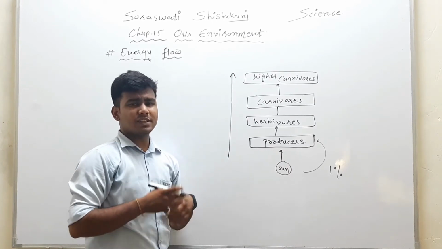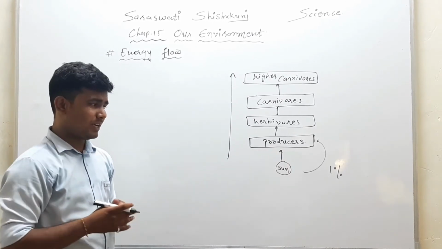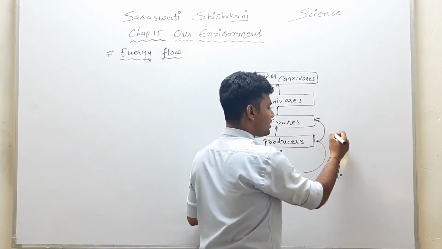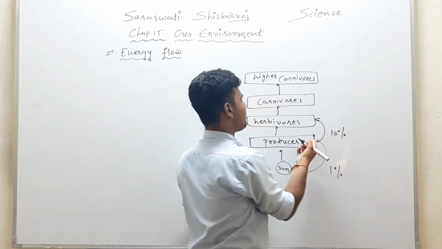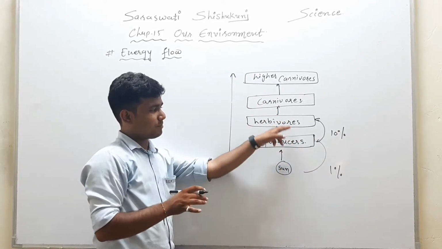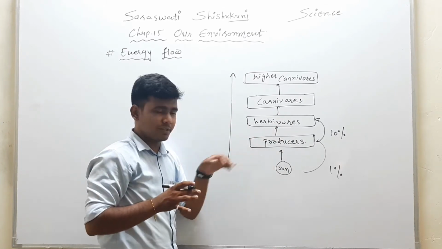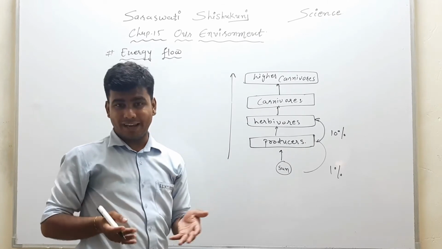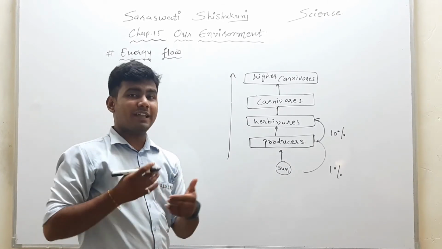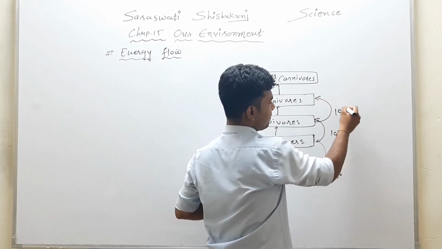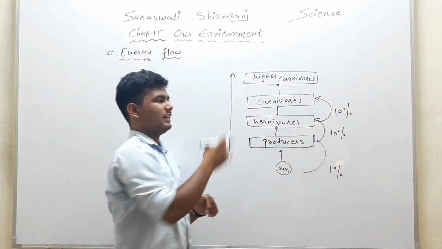They will use such energy for their growth, for their development, and it will transfer only 10% of the energy to the next trophic level, that is of our herbivores. These herbivores, whatever 10% they get from producers, they will use that energy for their life processes, for repairing their cells, for their development, and they will transfer again only 10% to the next trophic level,